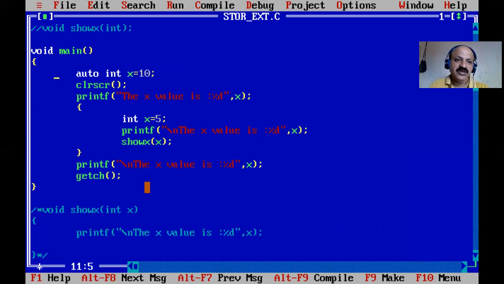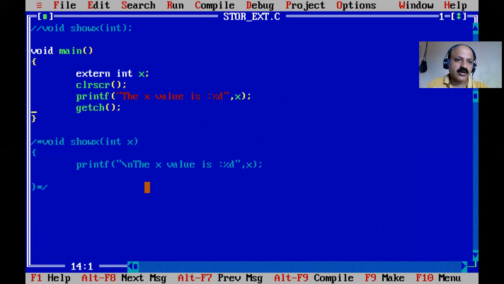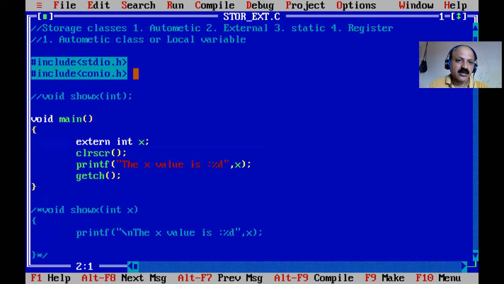So here the keyword is extern. That is also a keyword. First we have to declare, and that is not a garbage value. Let us check first, step by step. I just remove all these things. And yes, first we can declare with the extern keyword, and its scope is global. So here our second point now starts. I remove this local, but now the second concept is external.